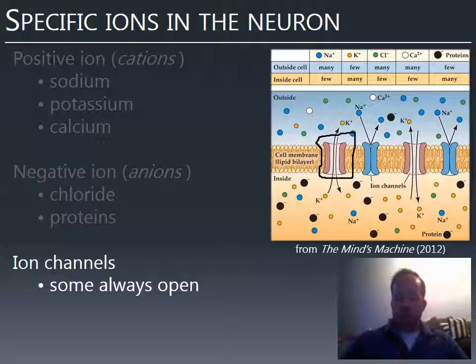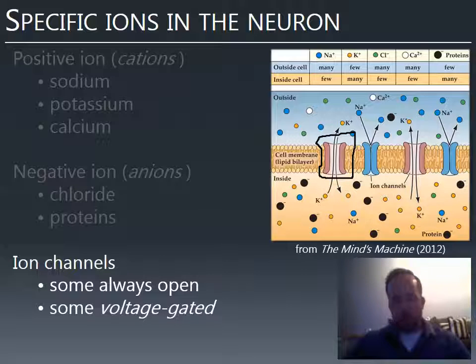So some of these channels are always open, but as we'll see, some are what are called voltage gated. What does that mean? It sounds fancy, but all that means is they're closed until the difference between the inside and outside charge of the neuron is sufficient to open the channel. And then it's open for a little while, and then it closes again. So it just means that it's not always open. It depends on the context. And we'll see this is very important because action potentials aren't always firing in a neuron. They're selective. And in fact, action potentials only exist because of voltage-gated channels.